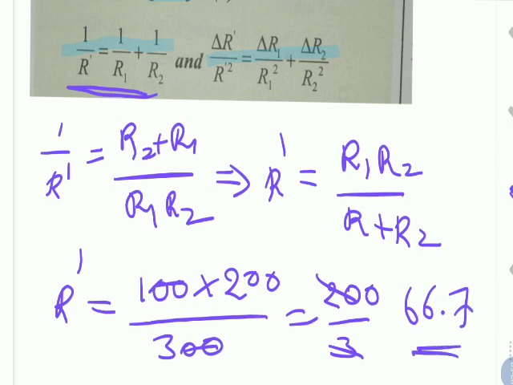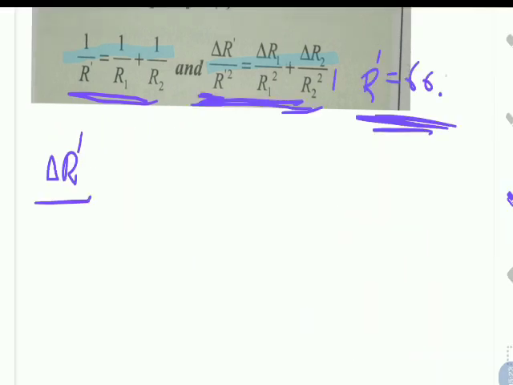R dash value is 66.7. So 66.7 is equal to R1. Delta R1 means